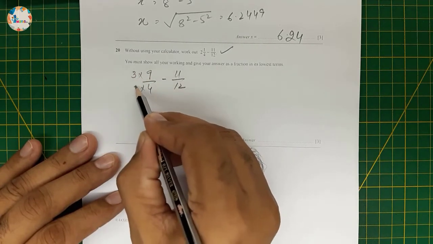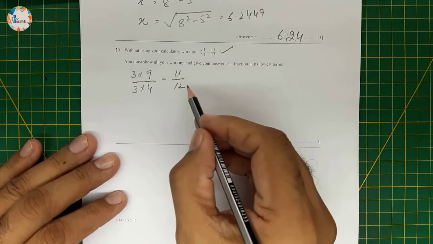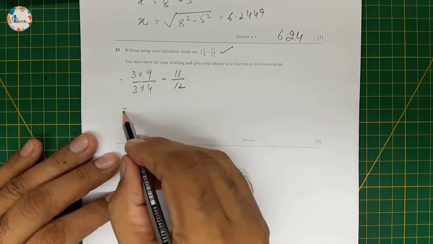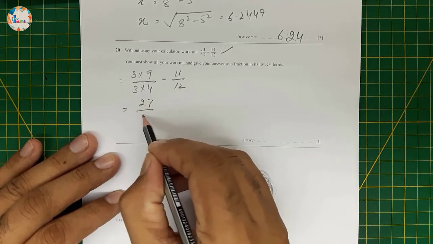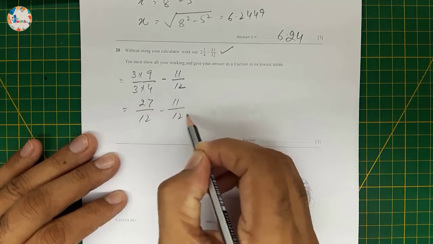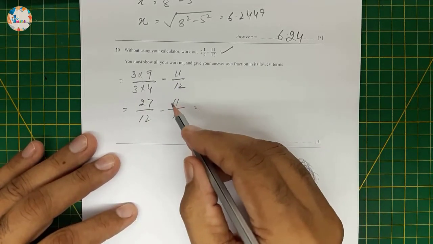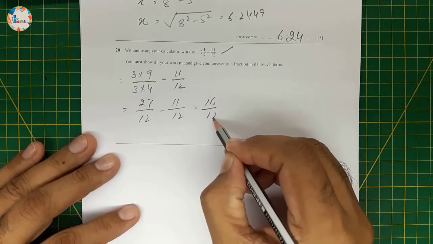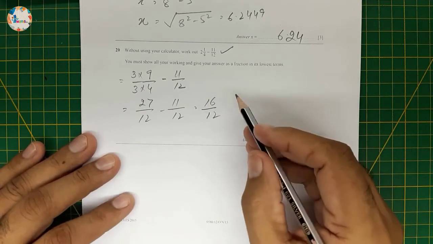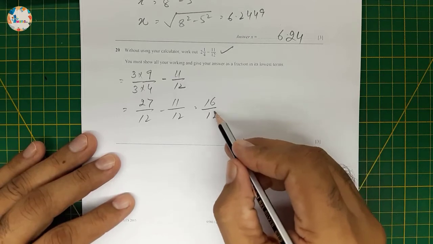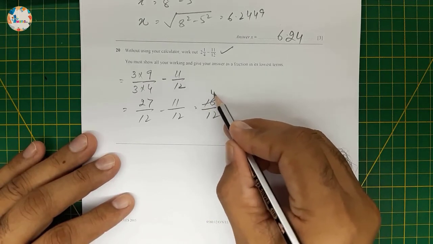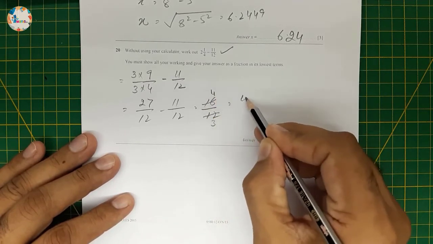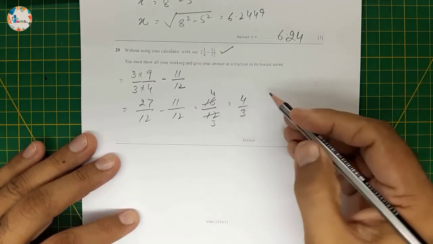This will be 3 into 3, and this will be equal to 27 over 12 minus 11 over 12, which is equal to 16 over 12. 16 over 12 can be simplified. 4 4s are 16, 4 3s are 12, which is 4 by 3, and